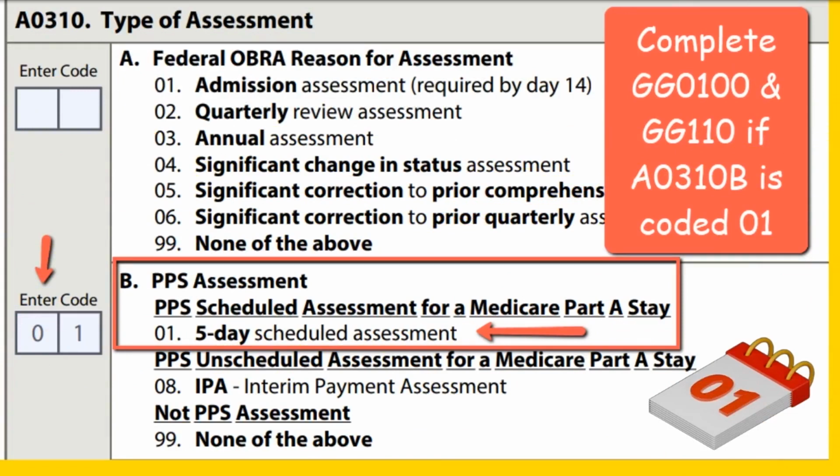Nursing Home Comprehensive Item Set. Only complete items GG0100, Prior Functioning, Everyday Activities, and GG0110, Prior Device Use, if item A0310B is coded 01, for a 5-day PPS